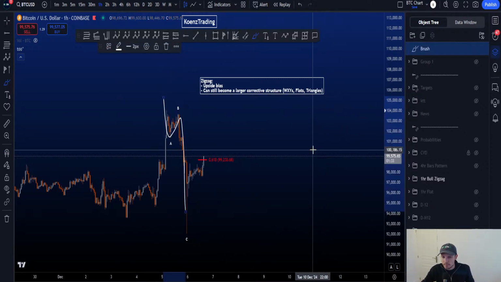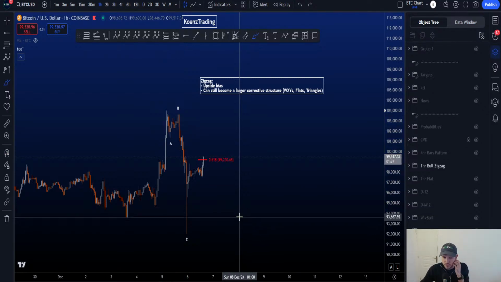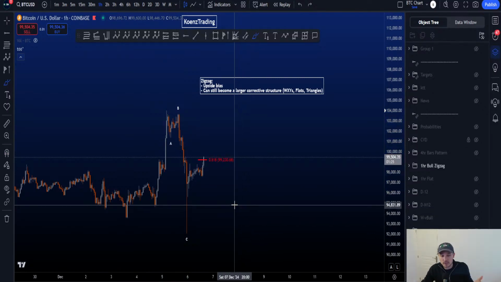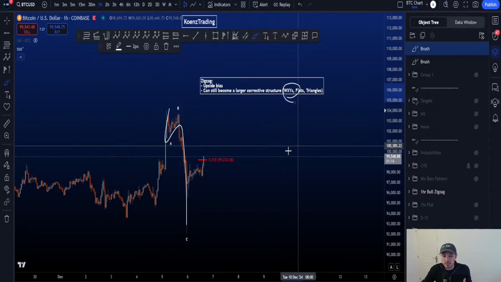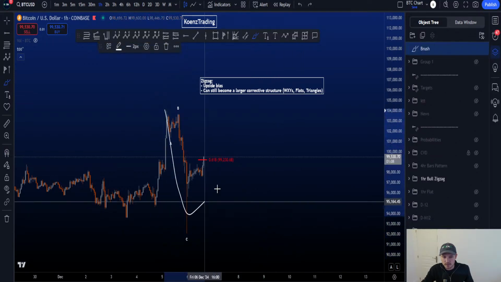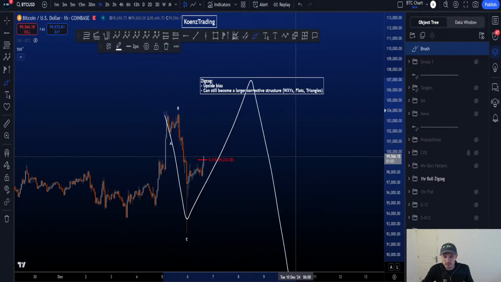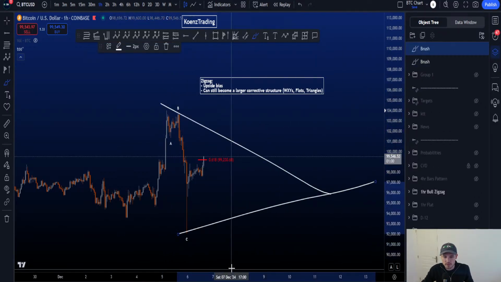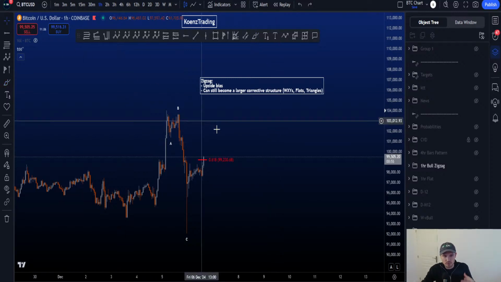A zigzag can be part of larger corrective structures. So the fact you have an ABC down here opens the door to other scenarios, but we'll only figure out which scenario gets the higher probability as new information comes in, right? So an ABC zigzag can be part of a sharp WXY, double zigzag, WXY, sideways WXY, right? It can also be part of flats, ABC, and part of triangles, right? So there are many options. We just have to be a bit patient to see which one is going to form,